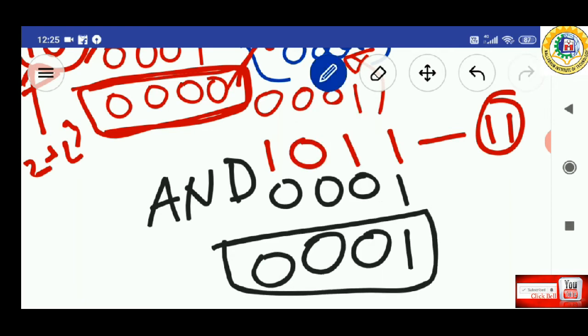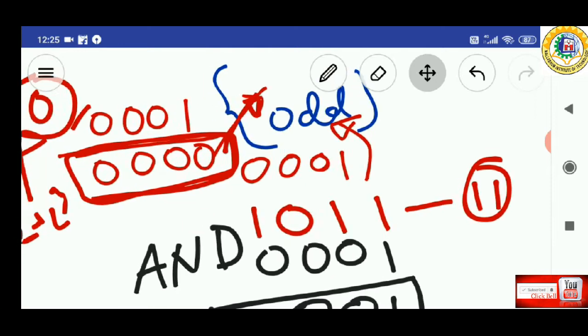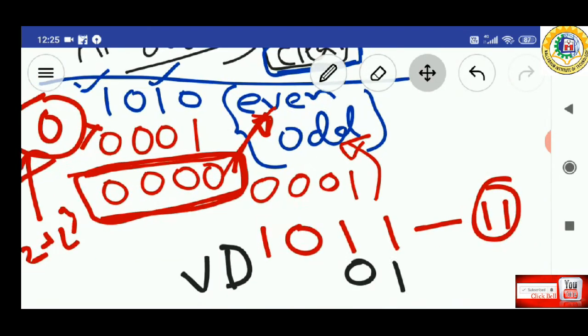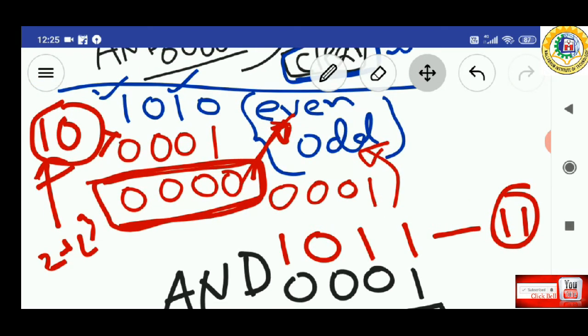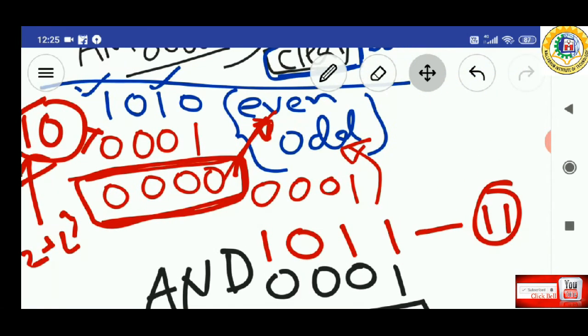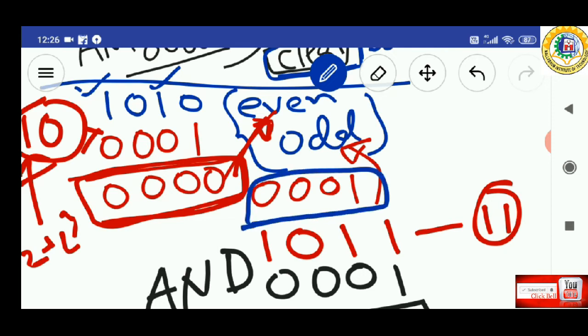So, as I have already said, in the case of even and odd number checking, if the output is 0000, all zeros, then the actual number is even. If 0001 comes here, then the actual number is odd. In the case of 10, all zeros come, so you can easily conclude that the number is even.